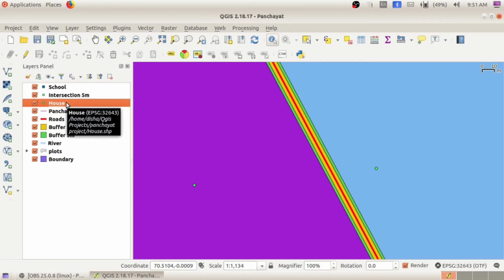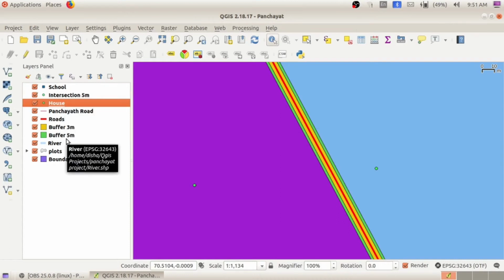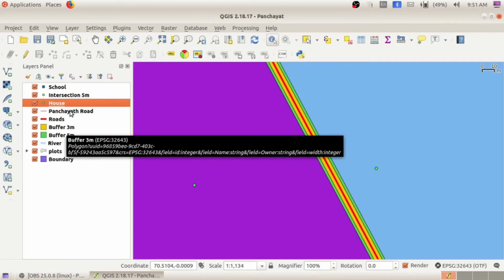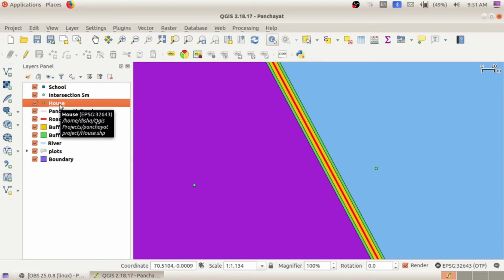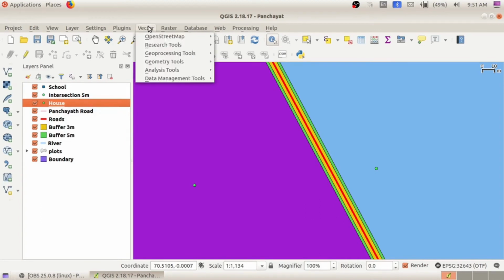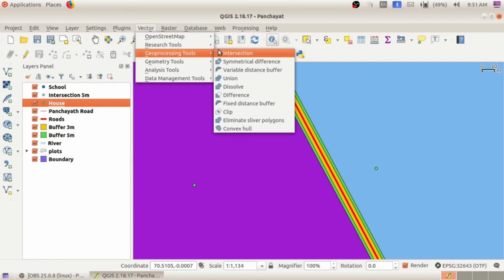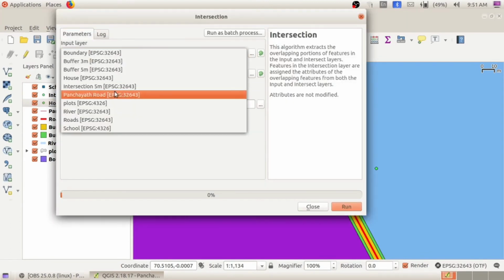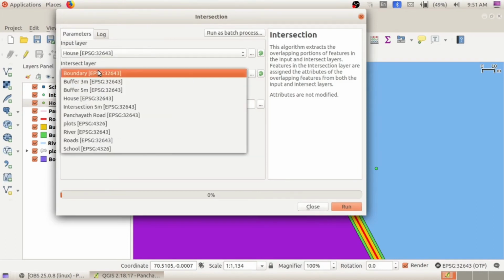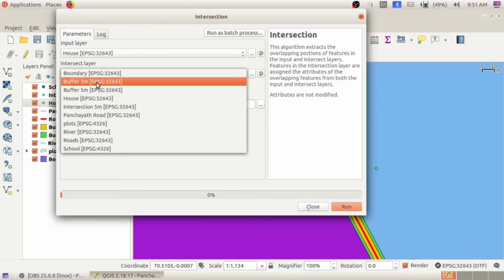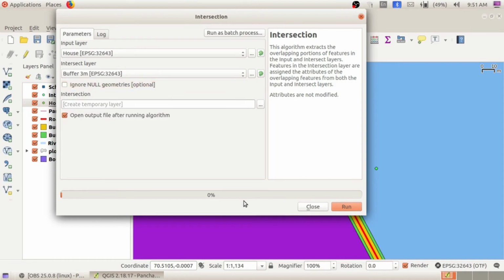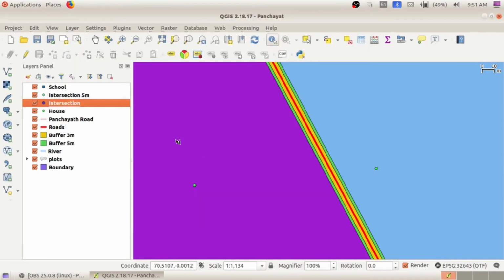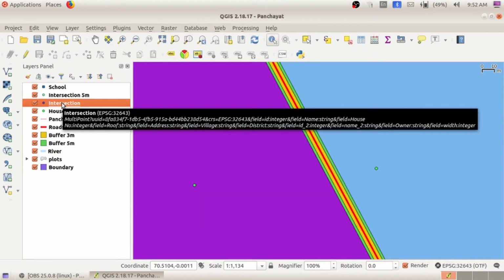Again we can see the details of the houses when we are increasing the width to 3 meter. So again select the layer house, go to the vector option, geoprocessing tool, intersection, in the same manner input layer house, intersect layer buffer 3 meter. Again click on the run option, a new layer you can see here, intersection.